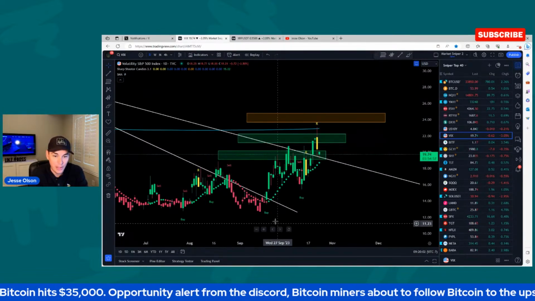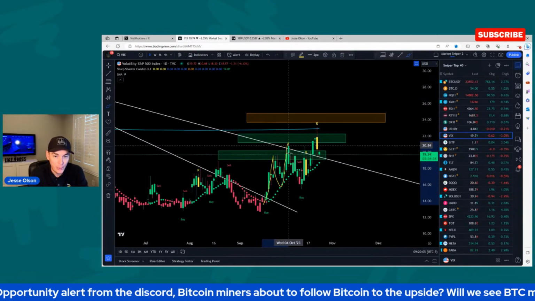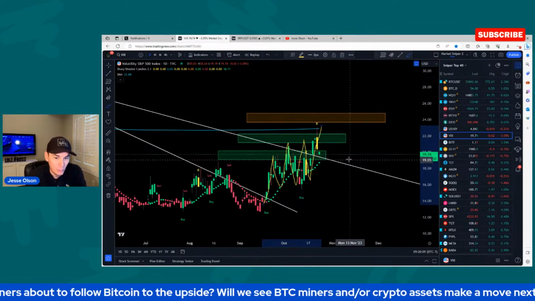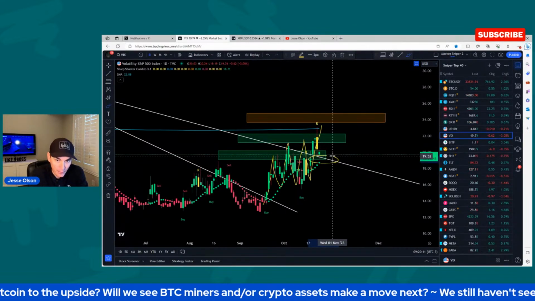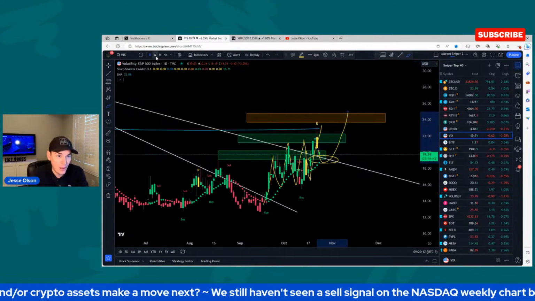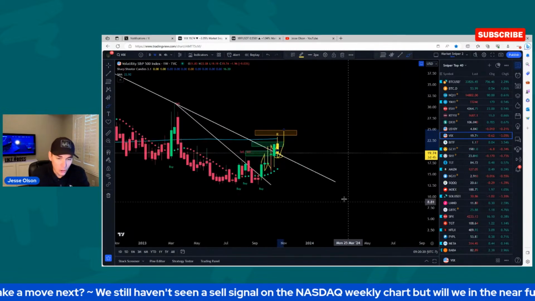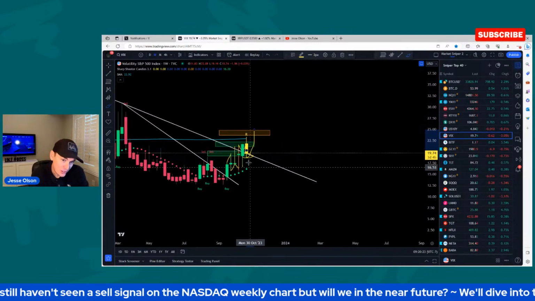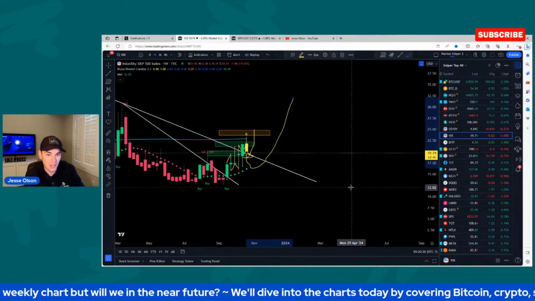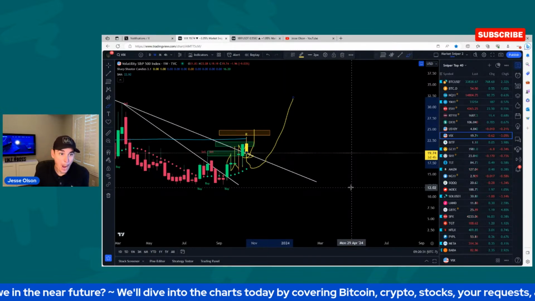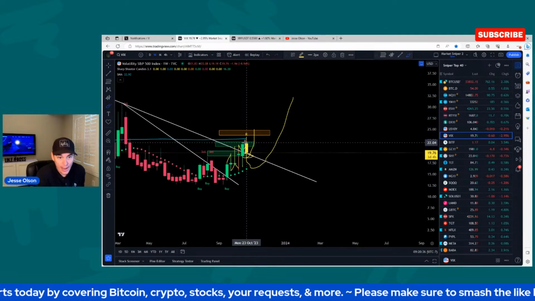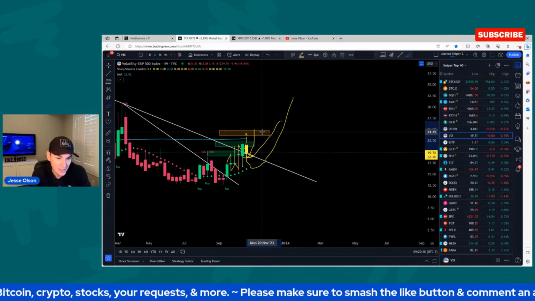We would see something play out like this, boom, boom, boom. You can go back to previous live streams. Crazy, wild movements, right? Will it find support in the backward trend line? Will it find support at the trending dots and then bounce, right? Weekly chart is still currently bullish, but there is a pending reversal candle. Could it come all the way back down to the trending dots, find support, and then bounce up like that? Yes, it's possible on the VIX weekly chart as well, but it could also just find support here and then bounce and go like that and hit this 4 target.